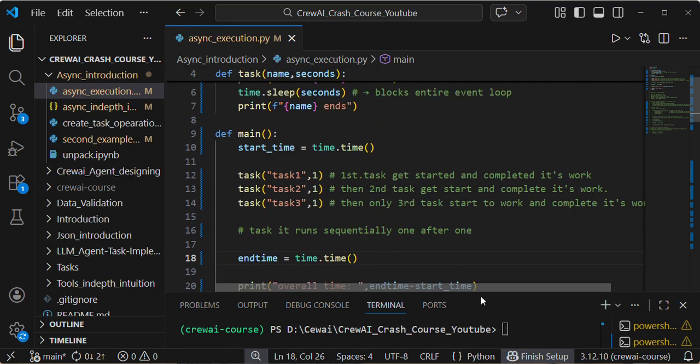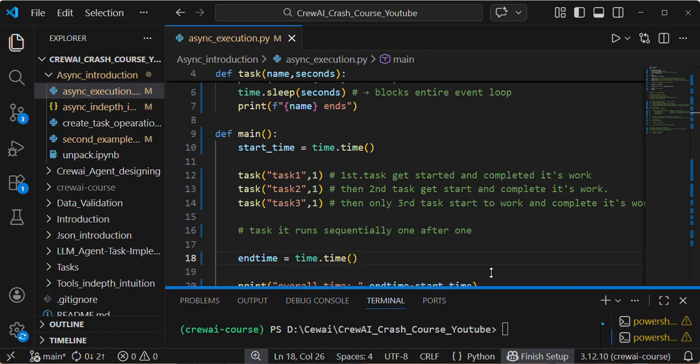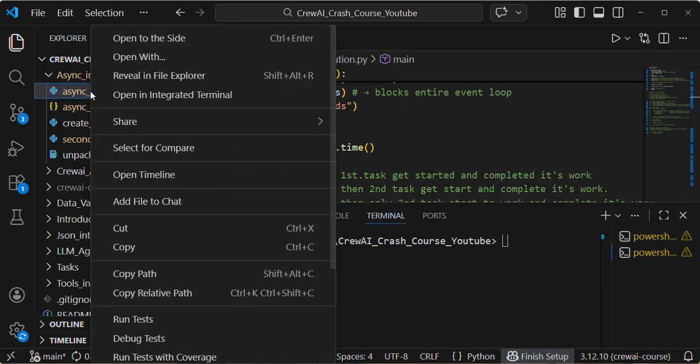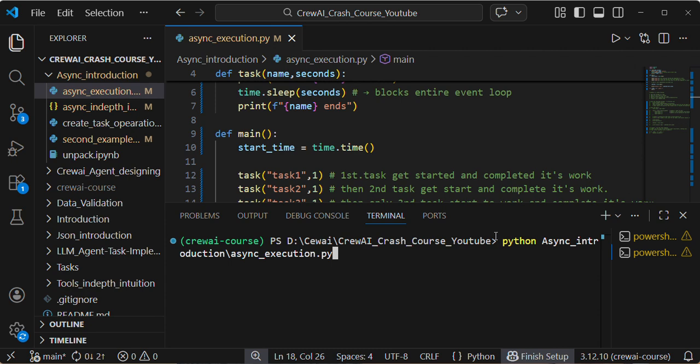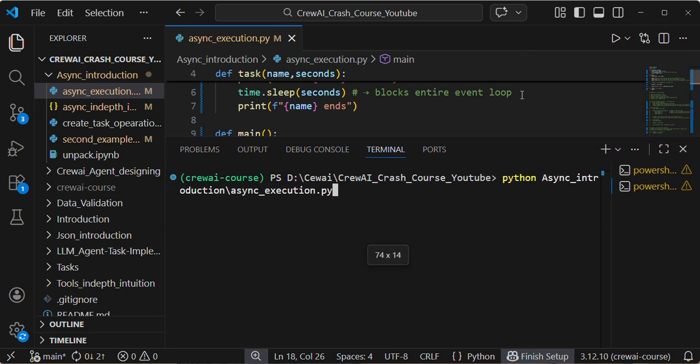If I print this, you can clearly understand. I take the relative path, Python, and then the file name. If I execute,